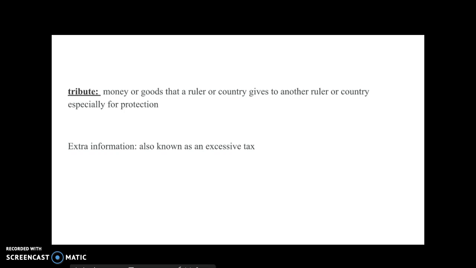Tribute. I was kind of having a hard time with this, so an extra piece of information there is that sometimes a tribute is also known as an excessive tax. And so we will use this in the context of the American colonies protesting the new taxes levied on them by the British Parliament,